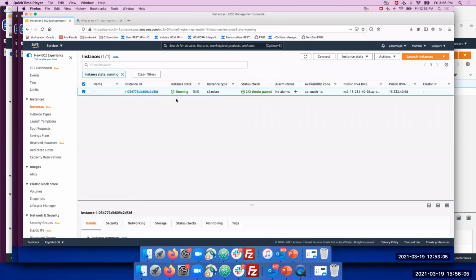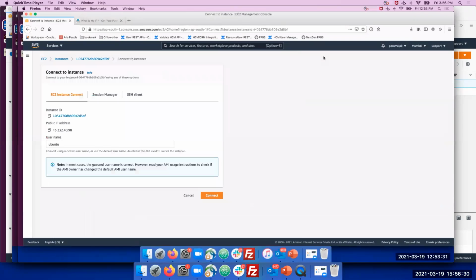Now the instance is in running state. You can start using this cloud-based virtual machine. This instance is now up and ready to use. If you want to connect from your remote machine, you can.